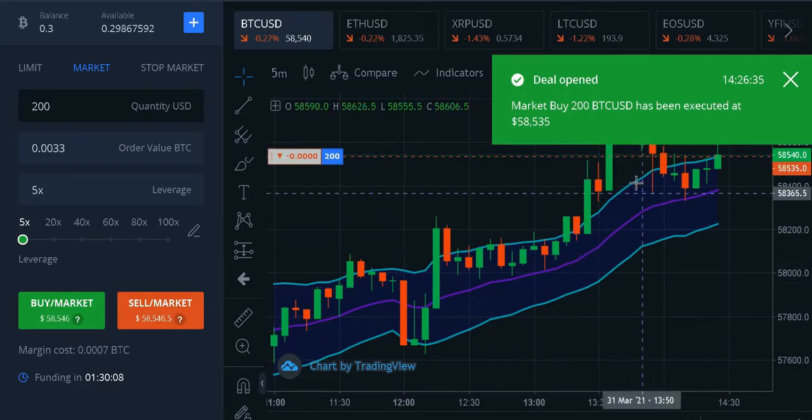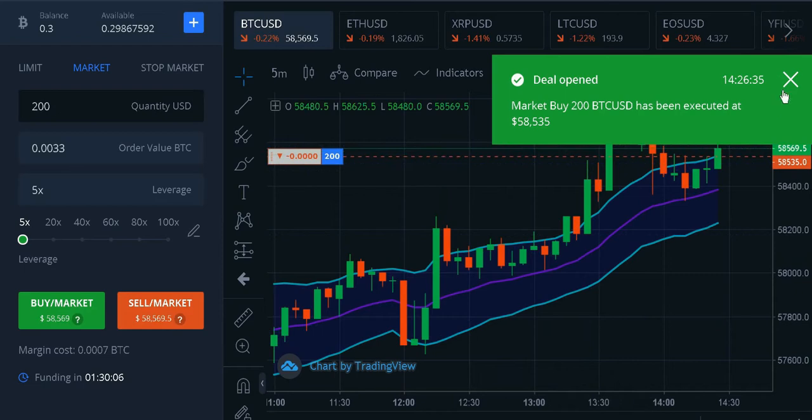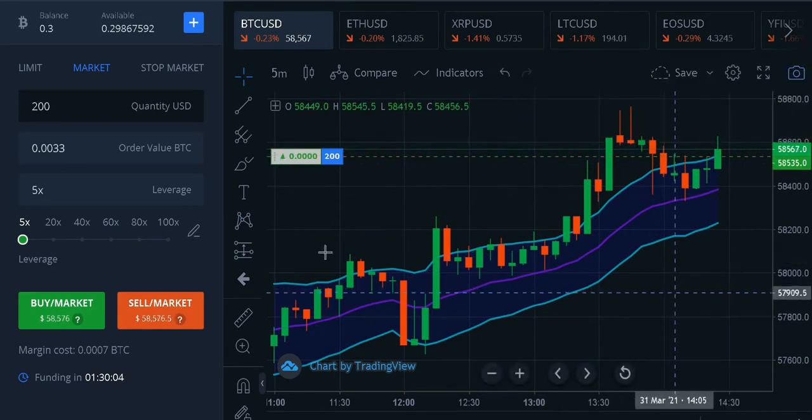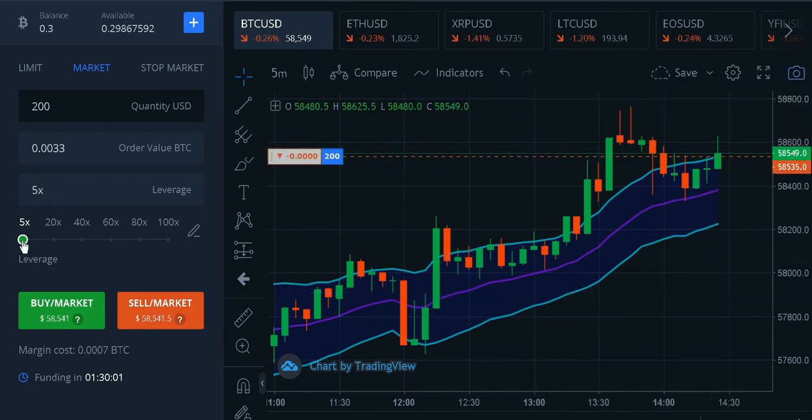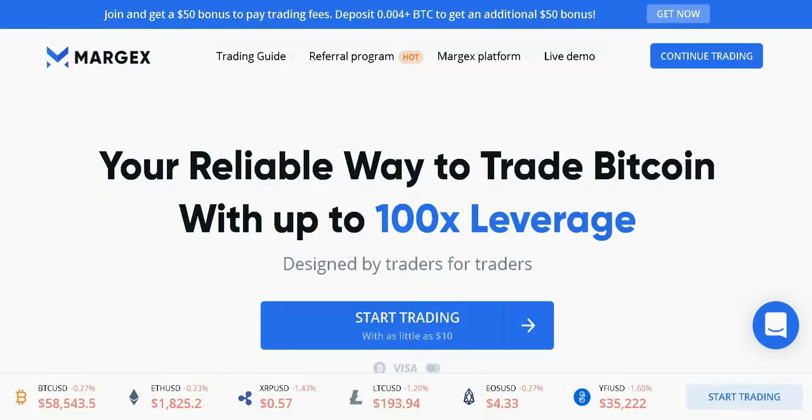My order was filled so quickly, so easily. I am in Bitcoin with $200 and 5x leverage, but I could have gone all the way up to 100x leverage. You can do it too